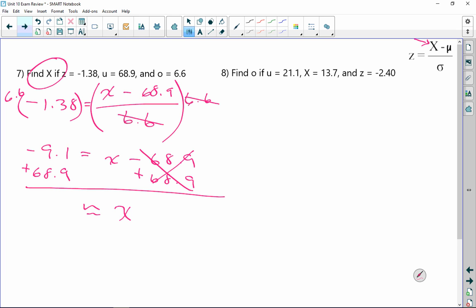59.1. Okay, approximately. But you understand why I'm changing the equal sign, right? Anytime we deal with measurement, decimals, whatever, everything's an approximation. Okay? Alright, same thing over here. My z is